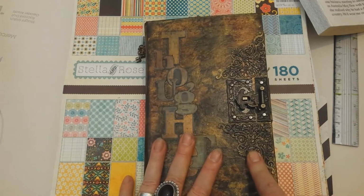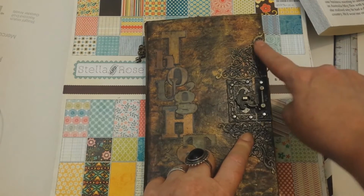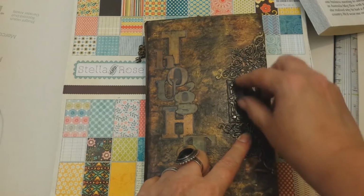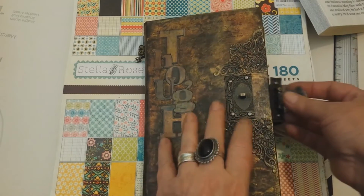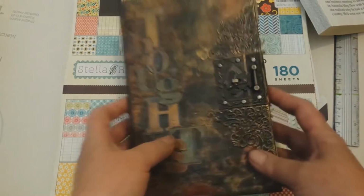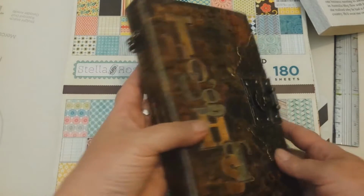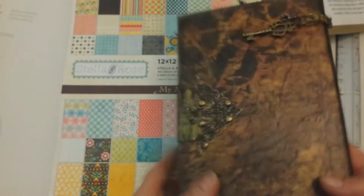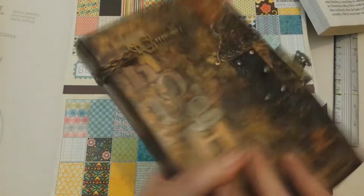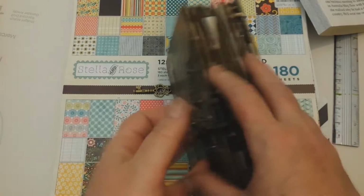And I added some metallic corners my friend Andrea gave me. Thank you, Andrea. And this is a closure. I bought them, I had them in my stash. It's very, very old looking, but I love the shape. And on the back too, I attached my belly band. This closure